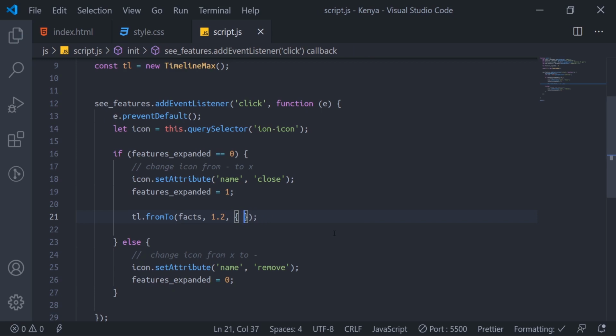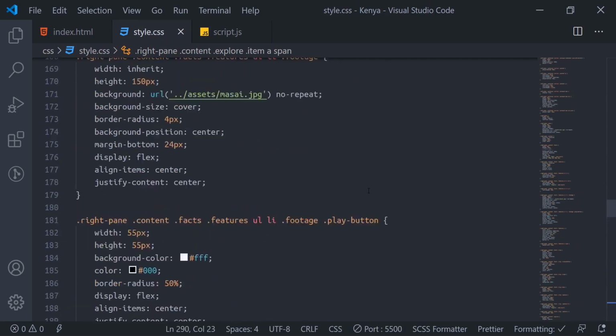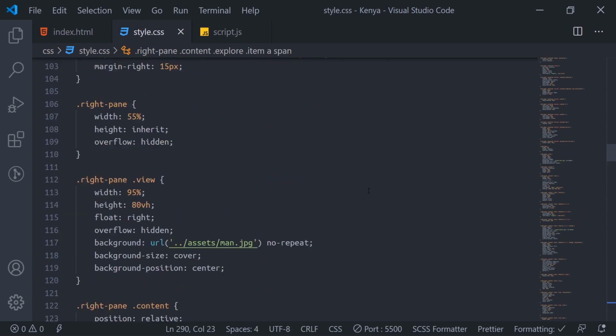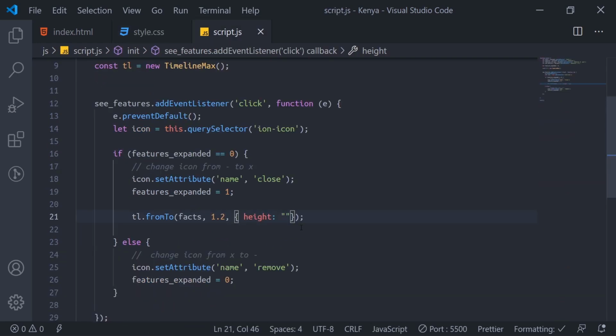We need to animate the height from the original value. If you go check that facts height here, the facts height is 44 view height. So the animation is from 44 view height, comma, then height 100 view height.